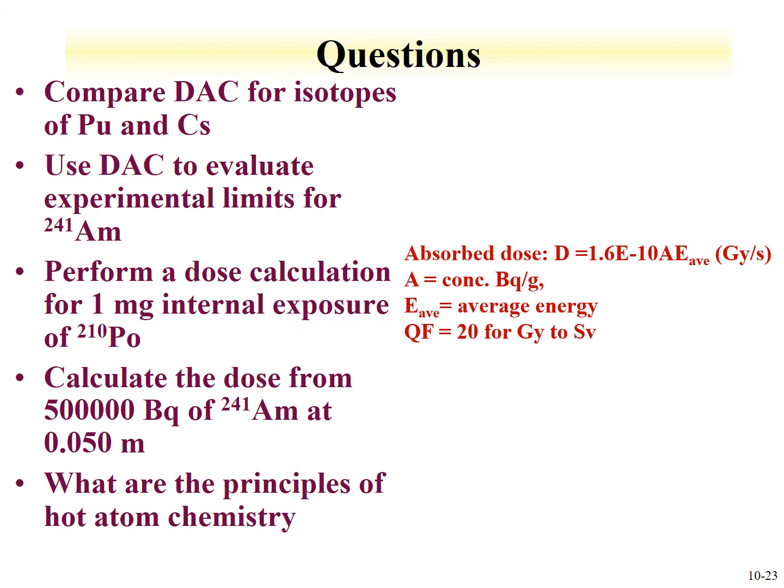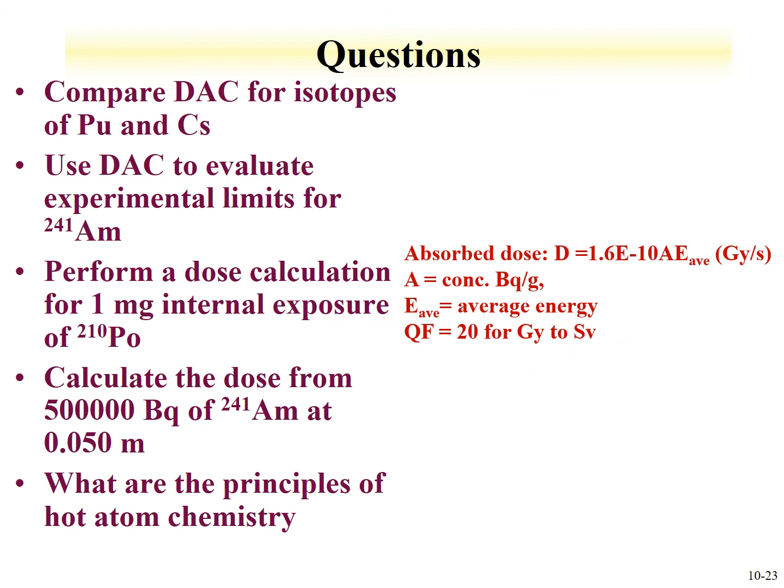If you're using something like a reference person, that could be on the order of 70 kilos. With the milligram, you'd have to convert this to activity. So I'd get becquerels in 70 kilos. So I get becquerel per gram, assuming a complete overall exposure. The average energy, you could look up for the decay of polonium-210, and then you'd get this value in grays per second. If I want to convert it to sieverts, I need to multiply it by the quality factor 20 for alpha,